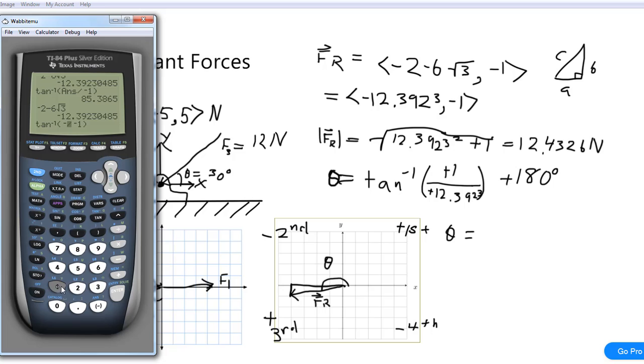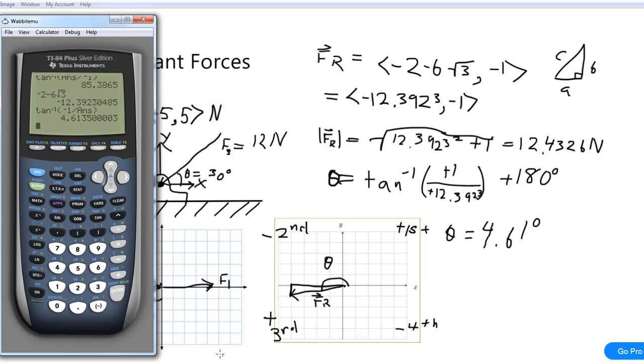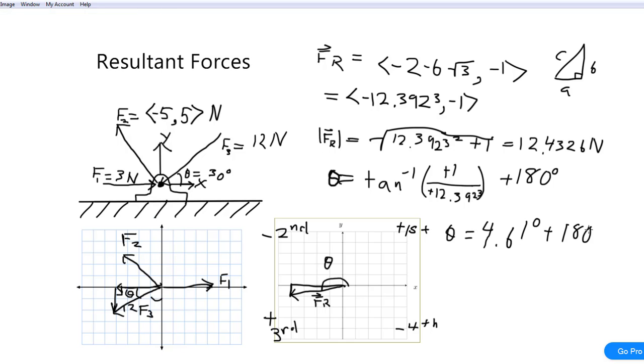It's negative 1 divided by your answer, which is negative 12.39. As you can see, the negatives cancel out, meaning it's necessary to add this 180 degrees. So enter. We get 4.61 degrees, I believe. Pull that back up again, and then we're going to have to add 180 degrees to that. So now our angle is simply